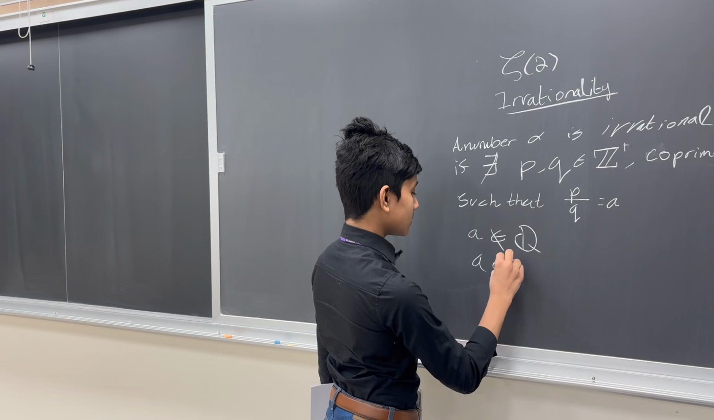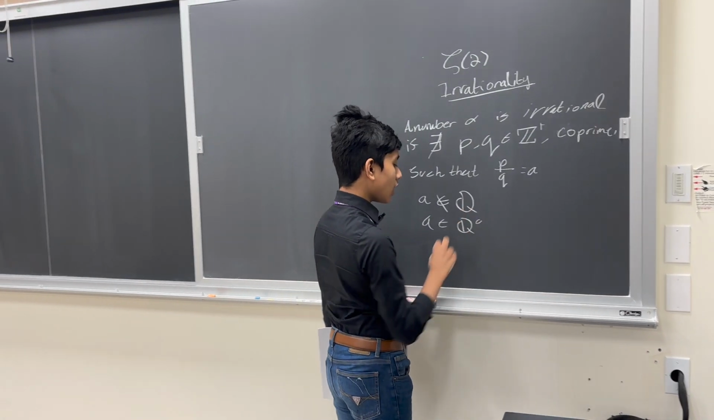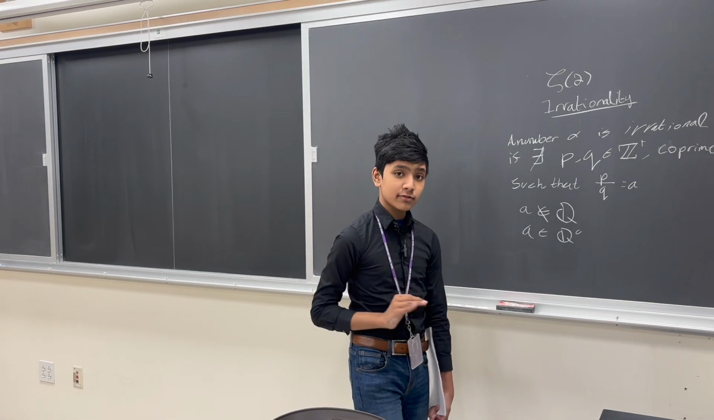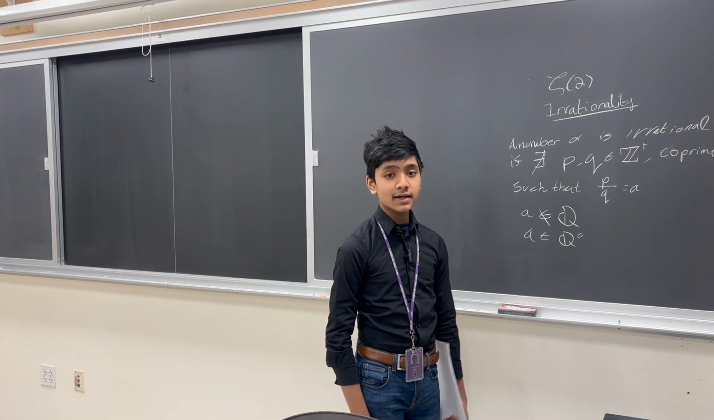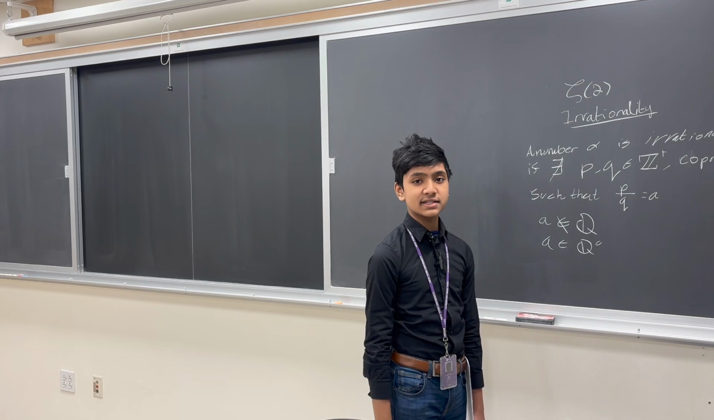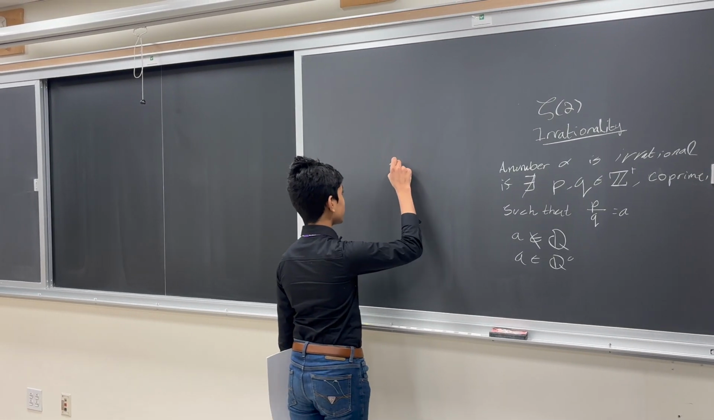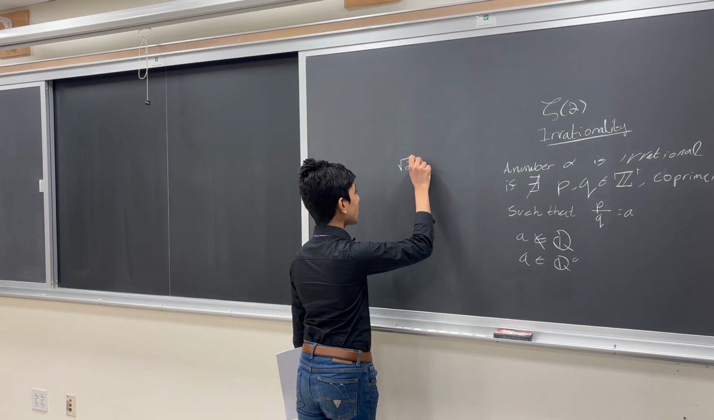It's in the complement of the set of rational numbers. So that's our definition of irrationality. And sometimes this bare bones definition works. Like, for example, if we want to prove that the square root of 2 is irrational, we use a proof